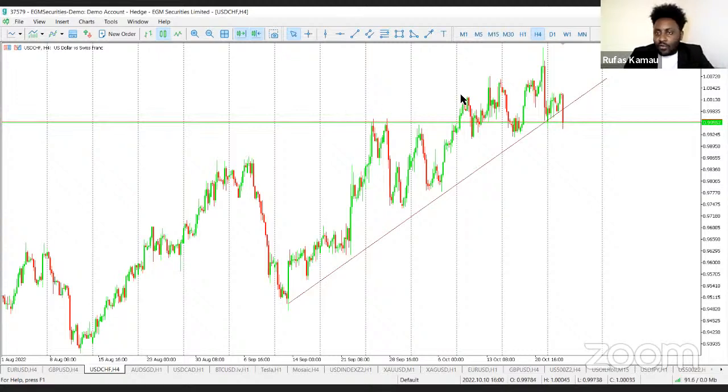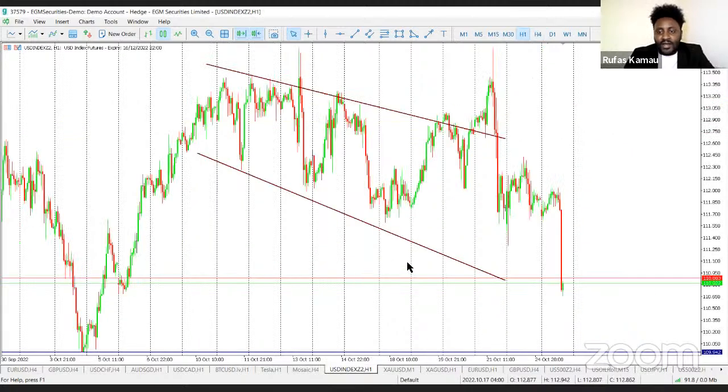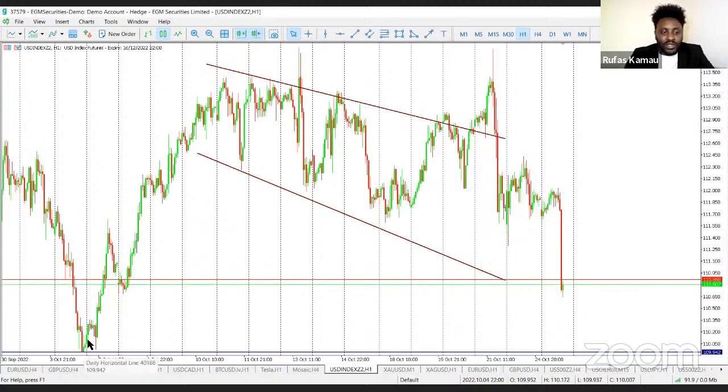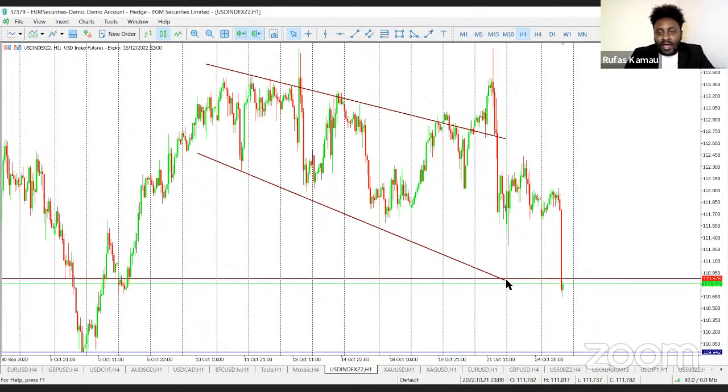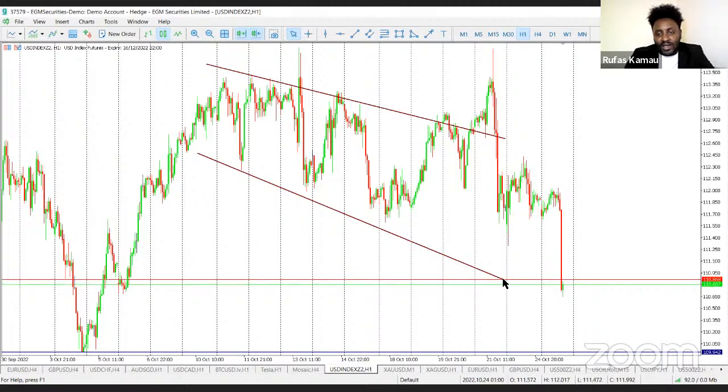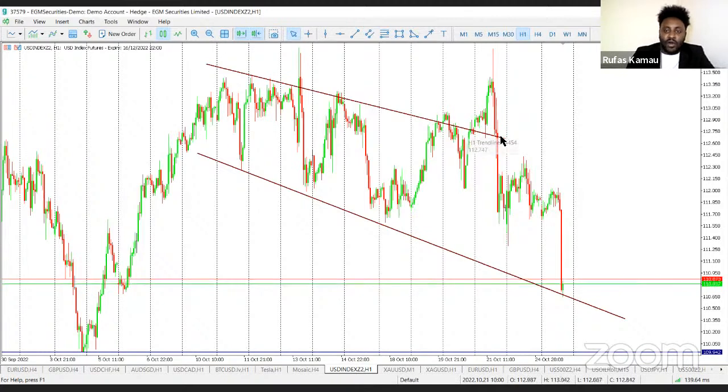So now we are focusing on a potential step back by the dollar index, and this will basically allow other currencies to strengthen. Looking at the dollar index quickly here, you can see that it was largely moving upwards. You can see the most recent here, and then a consolidation here where it was basically ranging, moving between trend lines. But now the sharp drop here indicates a continuation towards the lower side. In this case, implying that the dollar is taking a foot back, or basically weakening, for a while.